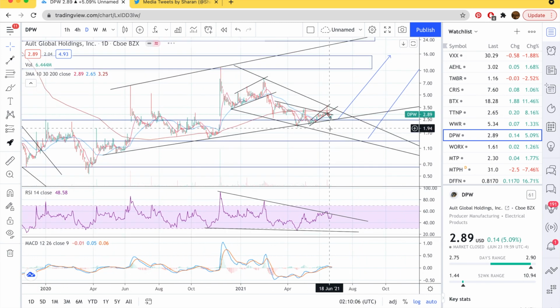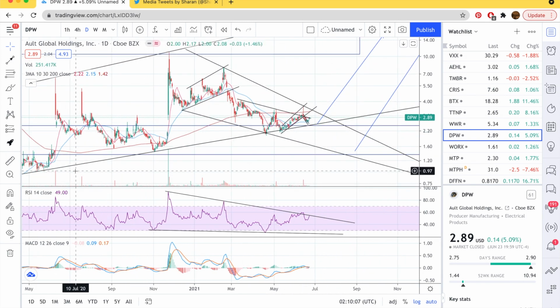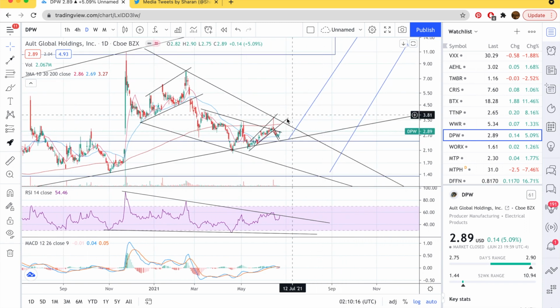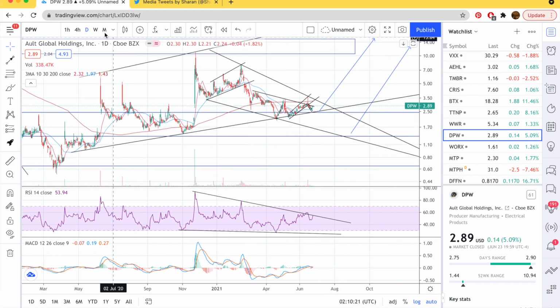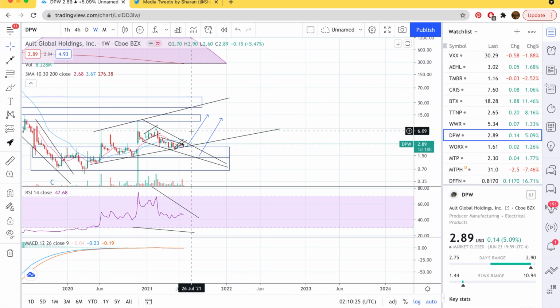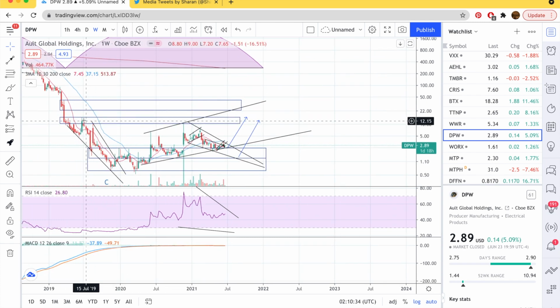That's why I posted that once this trend line breaks, so around 2.4, if we go below that, I think that will be bearish. But if we break above previous highs, then again, as I mentioned on my Twitter account and on my YouTube videos, this has the potential to go all the way to first $15, and if we break above that, it will go to like